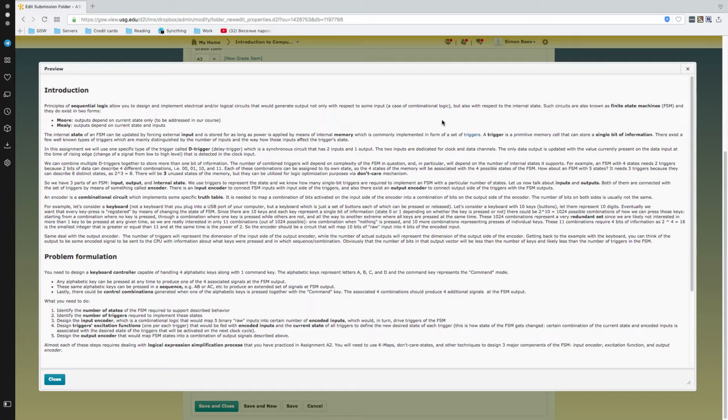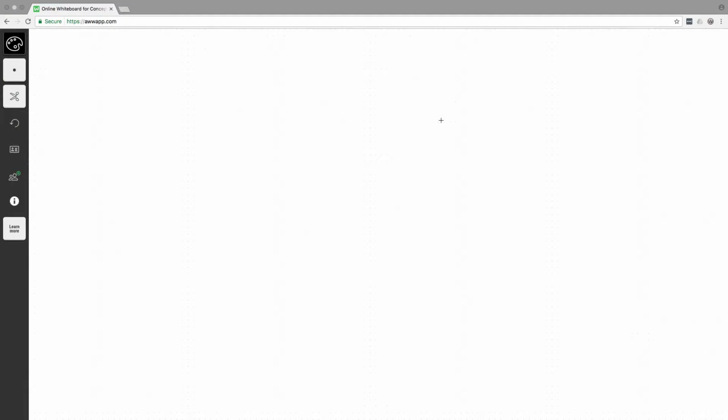So today, for the tutorial purposes, I'm going to consider a simplified problem very much alike to this assignment. We will reduce number of inputs, we will reduce capacity of the memory, we will reduce combinations that are supported, number of states, etc. But anyway, what we will develop today probably can be used as the foundation to implement your own implementation of that keyboard controller. So